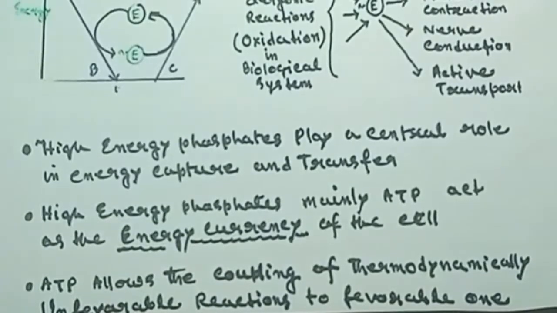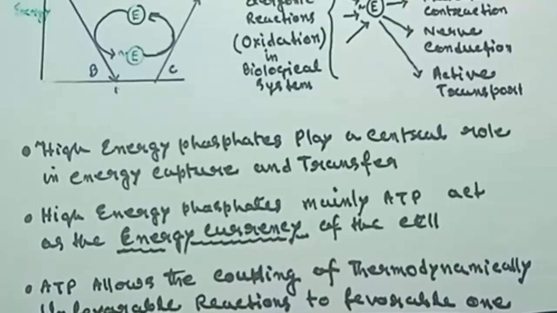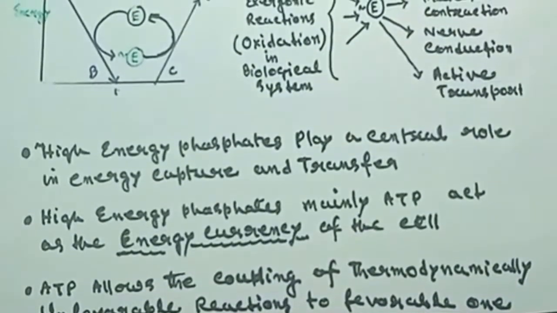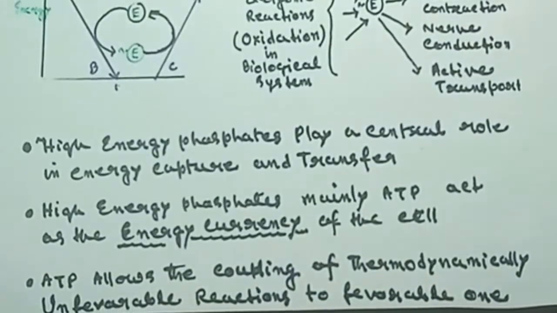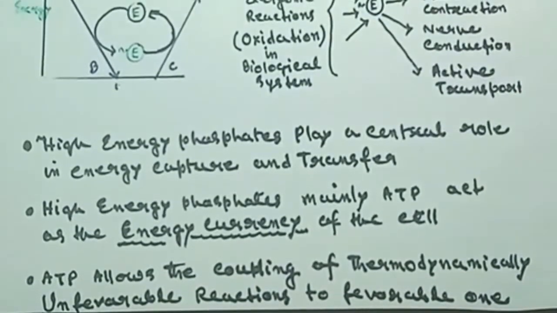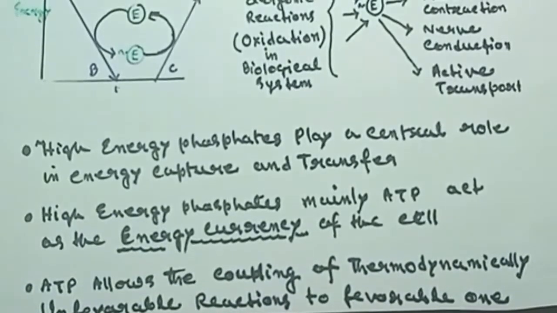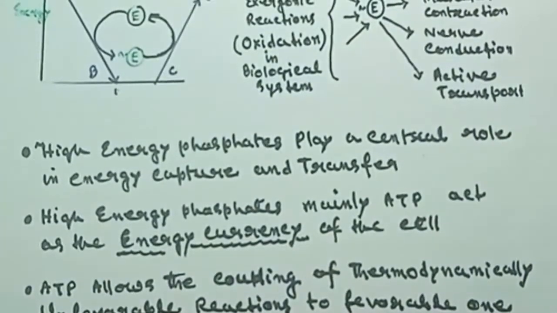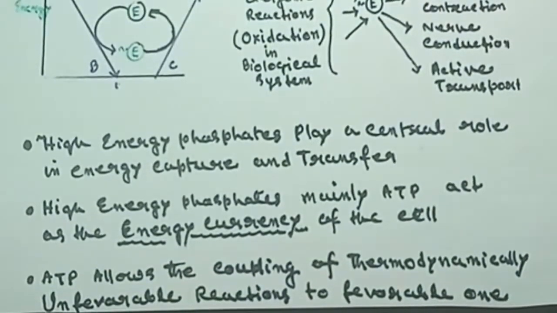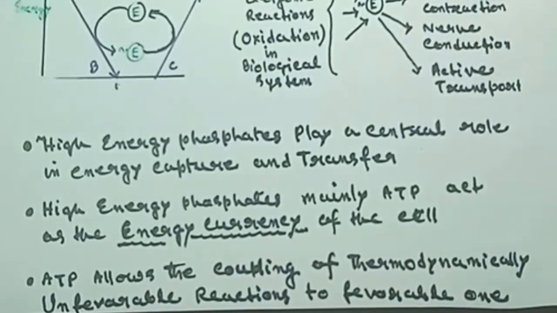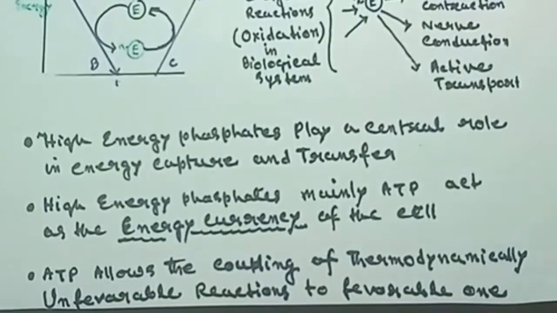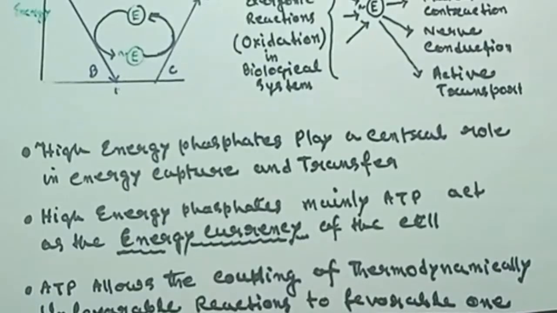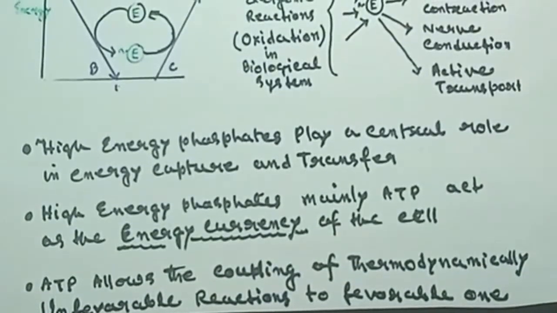So energy released from 1 ATP is almost 7.4 kilocalorie. So that free energy is utilized to make glucose to glucose 6-phosphate. So this way the reaction which was not favorable is made spontaneous and forwarded by the coupling of the reaction from ATP hydrolysis. So this is why ATP is very important in our body. How ATP is synthesized and how it is utilized, that is the main concept in biological oxidation and bioenergetics. Next please.